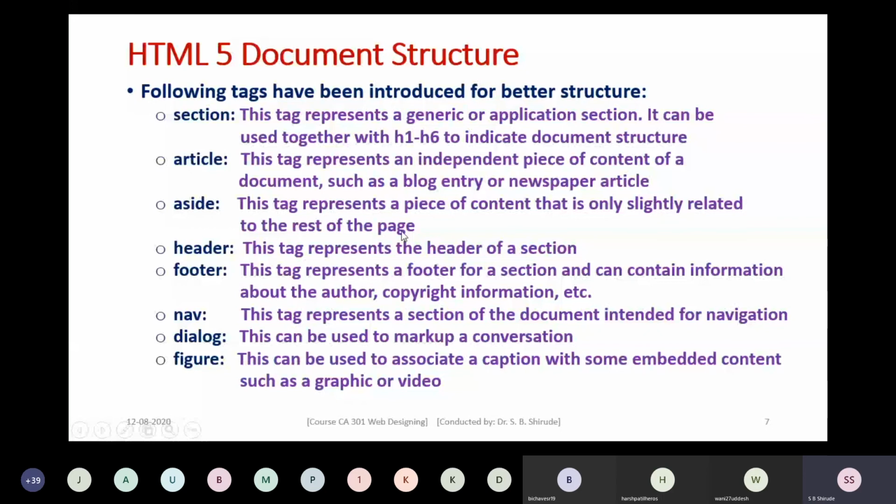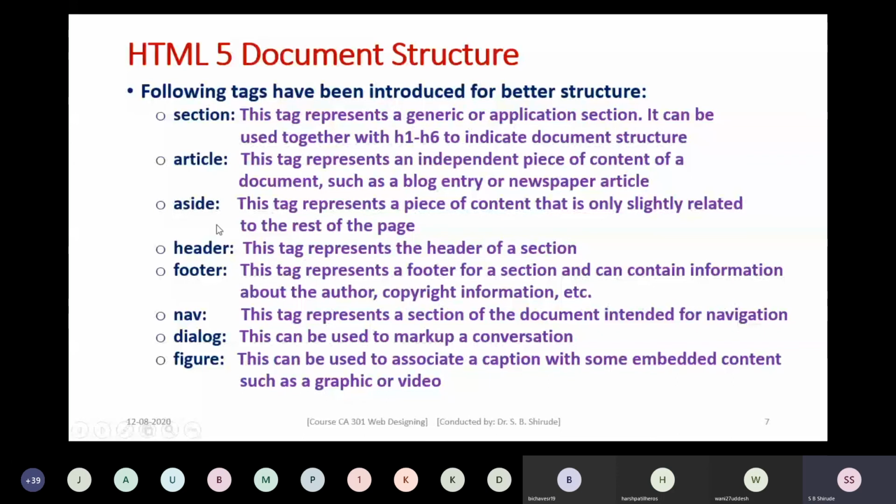Sometimes the major content of a particular web page relates to one topic, but some related things you also want to put on the web page. That will not be exactly related to that particular point, but it is slightly related to the contents of the page. Therefore, we can put that type of content in the aside tag.